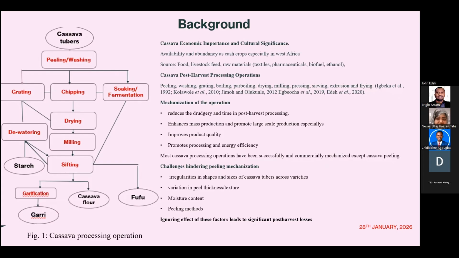And if you look at the left, you see a flow chart diagram where we have cassava tubers, and then the likely processes we just adapted to help this presentation. Cassava tuber, peeling, washing is the first post-harvest activity that is done. Then depending on the end product or the derivative you want, you go for grating, chipping, soaking, fermentation. And as you move down there on my left, you see the product you can actually get. Starch